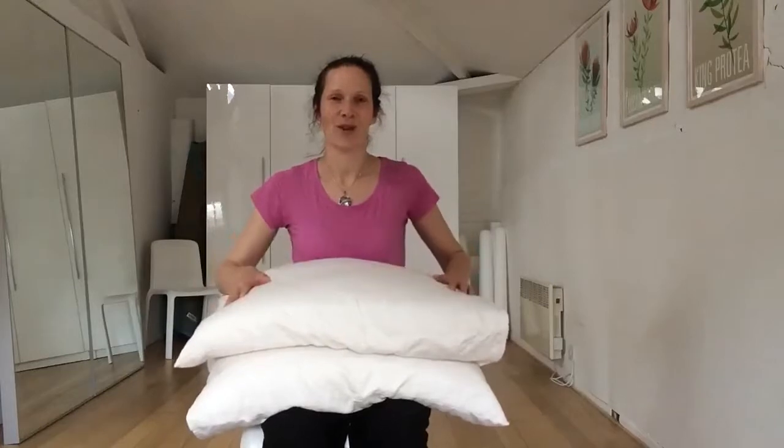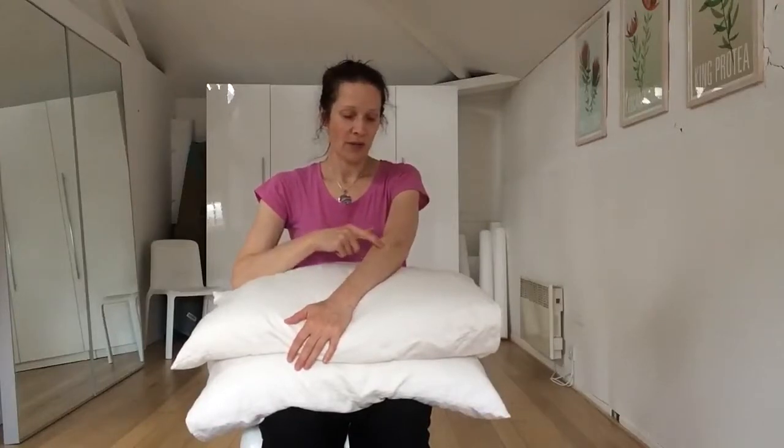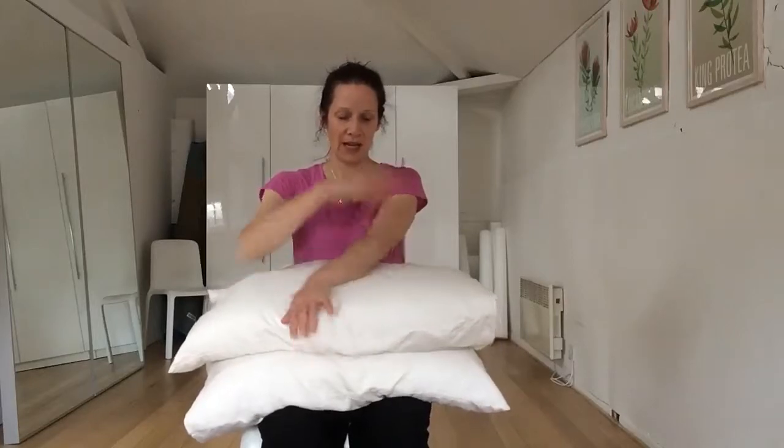One of the most super simple ways of working on your arms and hands is to use a couple of cushions on your lap. This just gives you a nice comfy support. So we're going to use the elbow to work into the soft tissue of the forearm. On the arm that you're working on, just come below the elbow into this kind of muscular area down here,